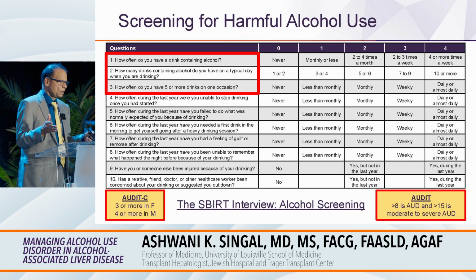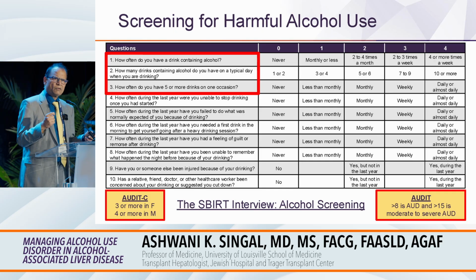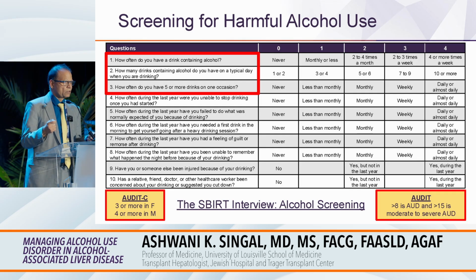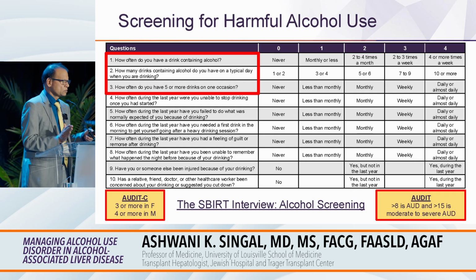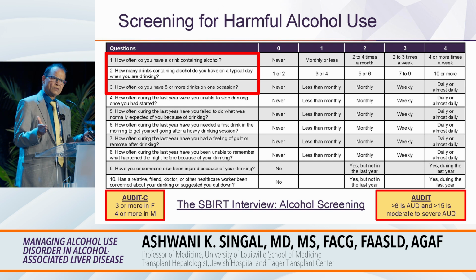So a tool which is as good as the full tool is a brief version of it called AUDIT-C, where you ask whether the patient is drinking and the amount or frequency of drinking, and then the binge drinking, which is the third question, 5 or more drinks. That is also self-reported, with a total score of 12. If you score more than 3 in a female and more than 4 in a male, you can identify